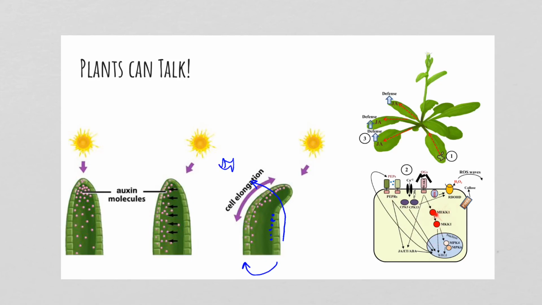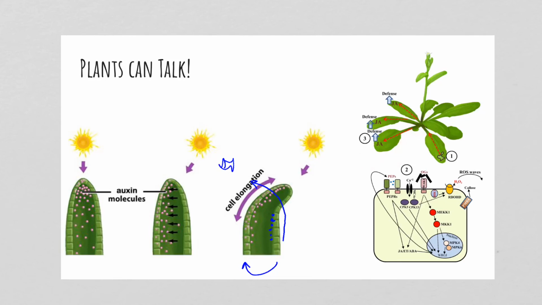Here is your some kinases activated. We have the ROS pathway activated, which is reactive oxygen species pathways. So all of these proteins are being made in response to this damage, and these are being made in these cells. And what it ends up doing is it starts increasing a type of chemical called gibberellic acid, and that chemical is increasing, and it tastes horrible to bugs. So if there's a caterpillar eating here and it starts to eat up all this leaf, it gets over here and it's like, ugh, this tastes bad, it will go away.